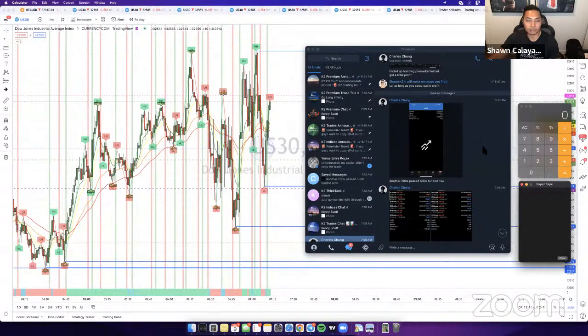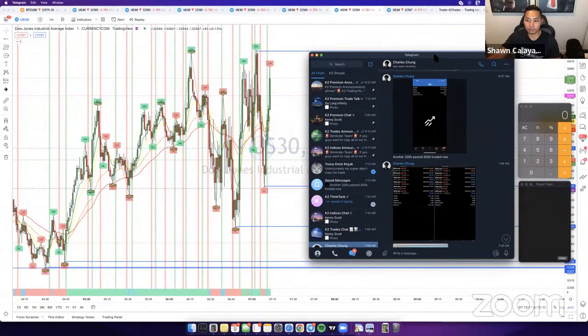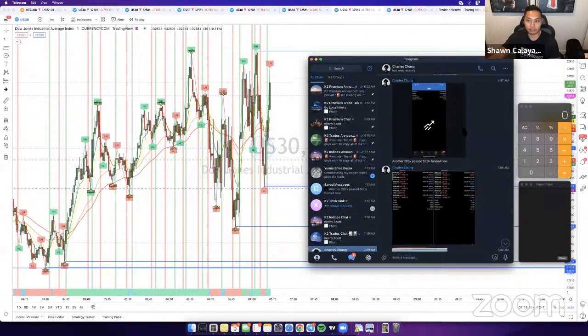I have one that's in challenge right now, the MFF, because I stopped using my TFF funded account. I just burned the account, guys. What happened with the account was I took a trade, and as soon as I entered the trade, it was already at negative 2,000. So it went past the max daily drawdown, which is BS. I feel like they did that on purpose to stop me out or to end my account. So it is what it is, but I'm not using TFF anymore. I don't recommend anyone use TFF. They're probably one of the worst funding companies right now. I could only recommend FTMO and MFF.